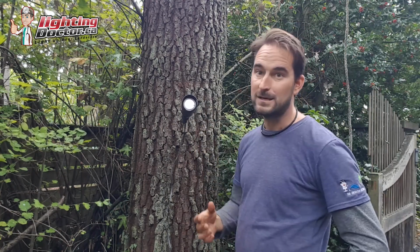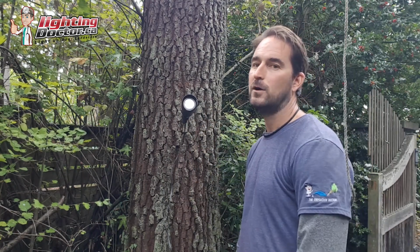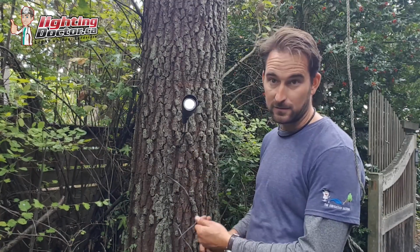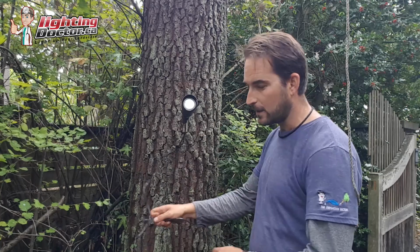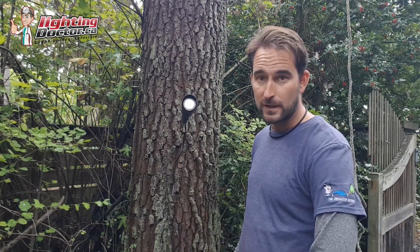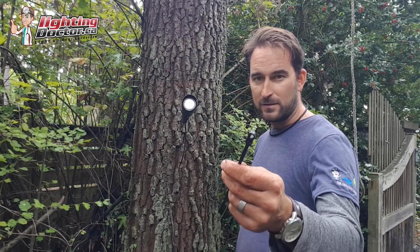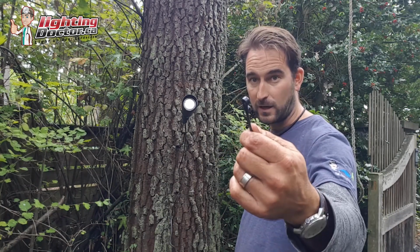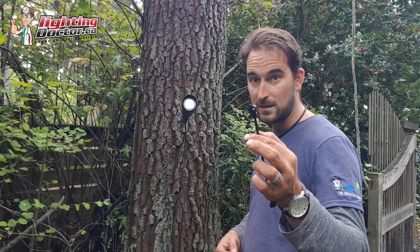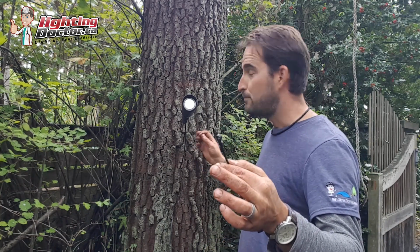And then lastly, the other question I get is how do you go and secure the wire to the tree? Because you can leave it just dangling like this, which is great, but then it's visible and people don't always like that. So how you can go secure that is actually just use these zip ties with screw holes in it. Again, another reason that we use those is because it's easy to go and back that screw off as